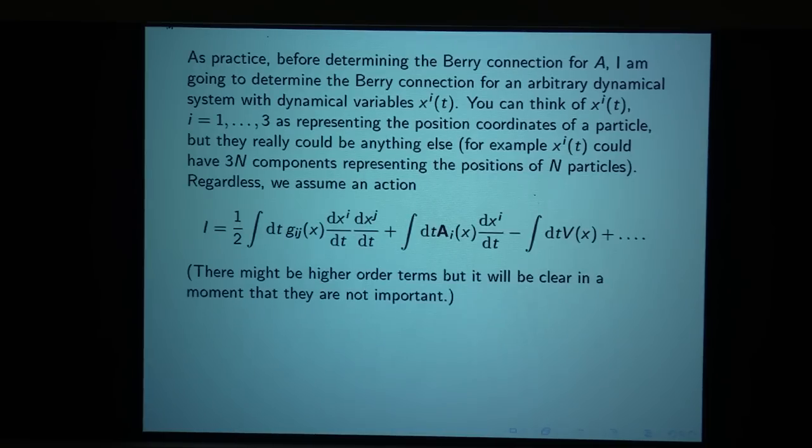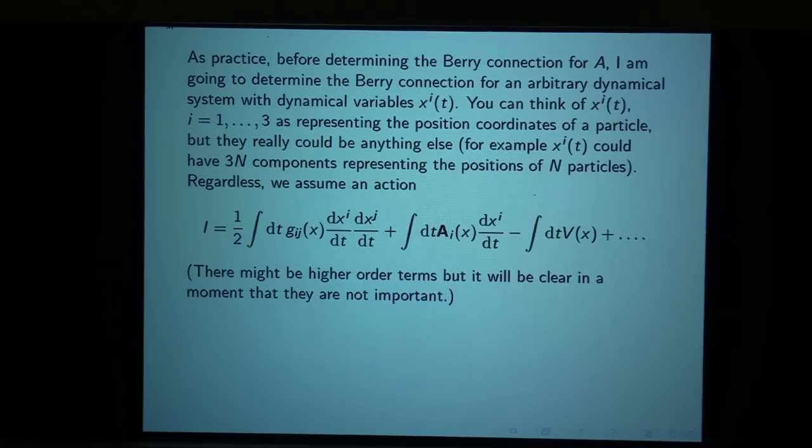which we assume we have some kind of classical treatment of, because the assumption I want to make is that for these variables, a classical description gives a good description of the ground state. So I've written some familiar terms in the effective action for these variables. I wrote a kinetic energy, I wrote a potential energy, and I wrote an interaction with a background electromagnetic potential of some kind. But this isn't the physical electromagnetic potential. This is just some connection, some U(1) gauge field that couples to the x's.